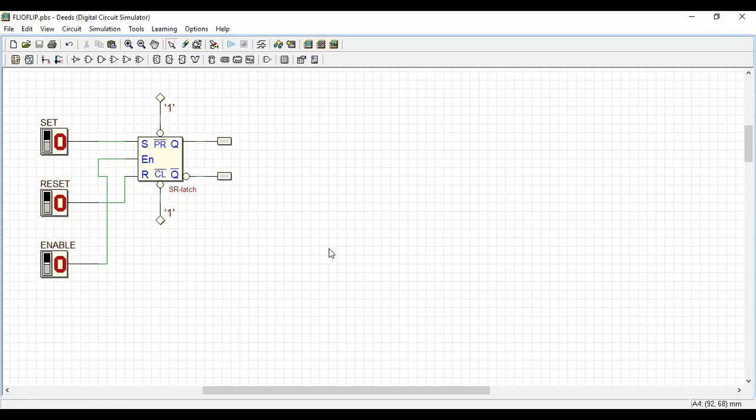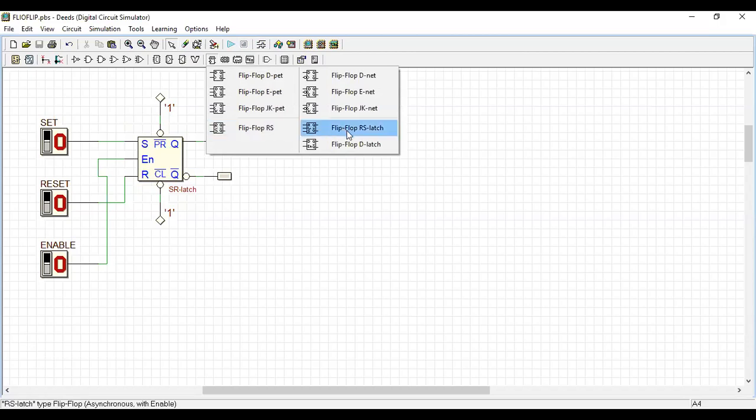Yes, so what all we discussed? We discussed SR latch using basic gates, simple SR latch using IC block, and then SR latch using the enable input. Okay, so now see one more latch we have, flip-flop.